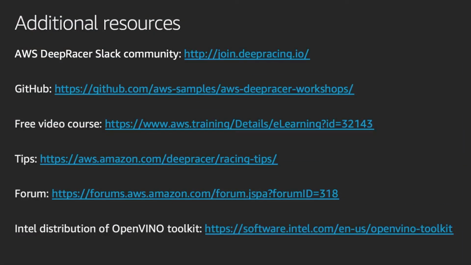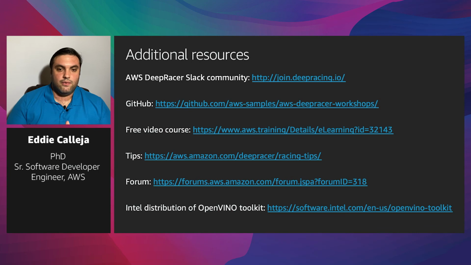And I want to mention some additional resources available for you. The Slack community is an absolutely fantastic place to learn and engage with people that are doing well on the leaderboard. And what's so cool about this product is that we see everybody going on this learning journey through reinforcement learning. A lot of that is really driven by you guys, the community, and the sharing that goes on there, and just all the great stuff there. We have a GitHub for some of the exercises we would normally do in the workshops. They're great to go through. They're fantastic. They'll get you started with reinforcement learning.